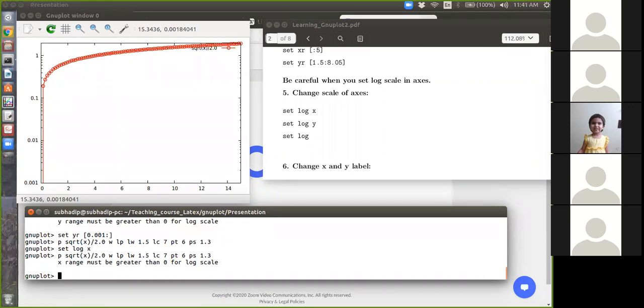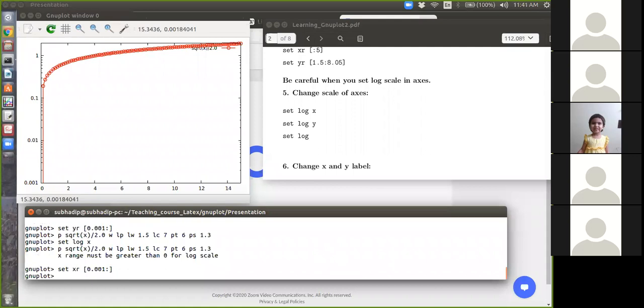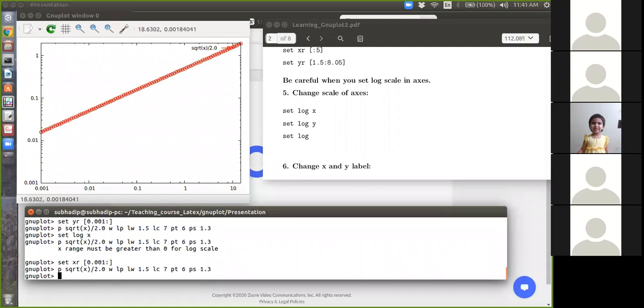I think I have to change the range. So this is a log-log plot. The previous one was a semi-log plot. Now it is a log-log plot.